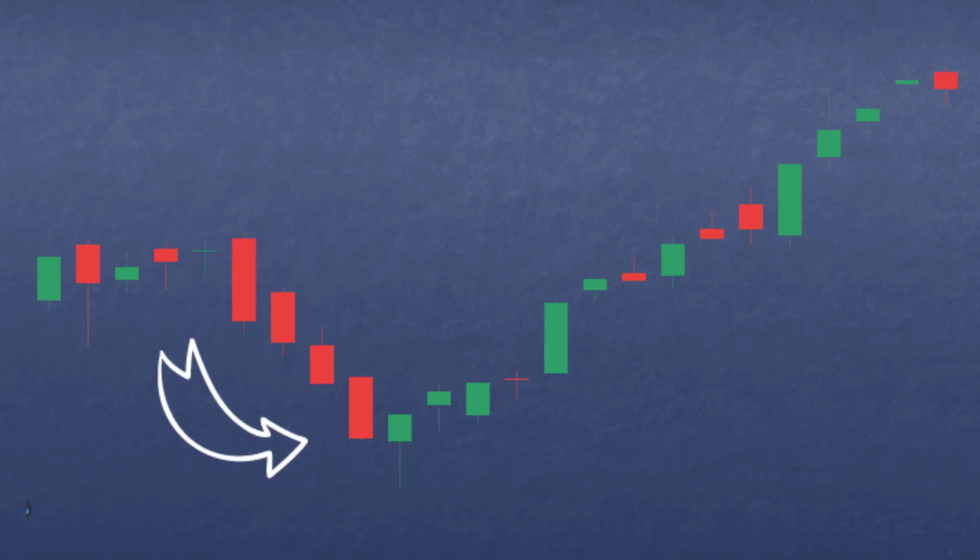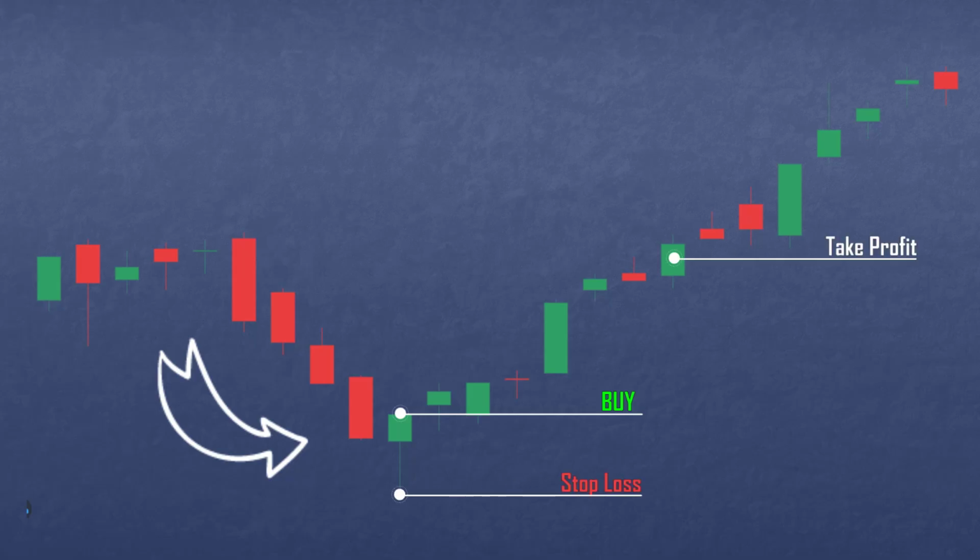Trading the bullish pin bar. Although the bullish pin bar is a strong reversal pattern, additional factors should be considered to confirm the trend reversal. If we identify a buying opportunity based on the pin bar and supporting factors, we can place a buy order above the high of the pin bar, set a stop loss below the low of the pin bar, set a take profit target below the first resistance level.